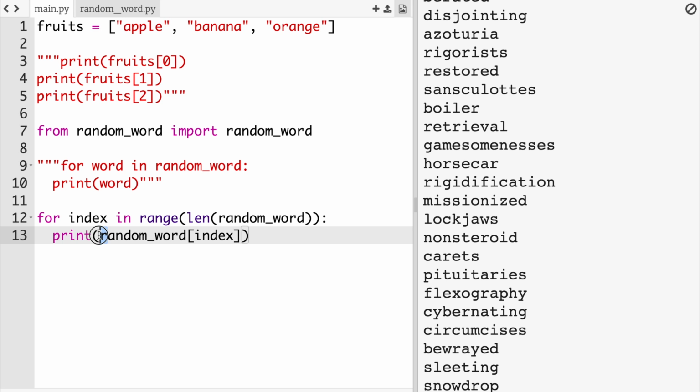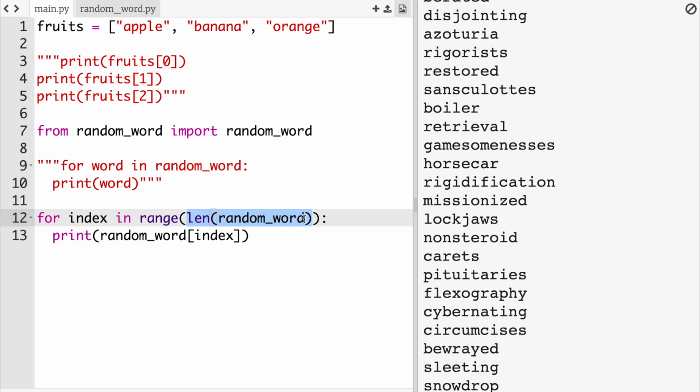So this is index. This is our variable, and we saw the new keyword range, but we're not going to worry about it. Just like math, we're going to go to the innermost parenthesis, see what's happening in there, and it's going to work just like math. So this is the first and only